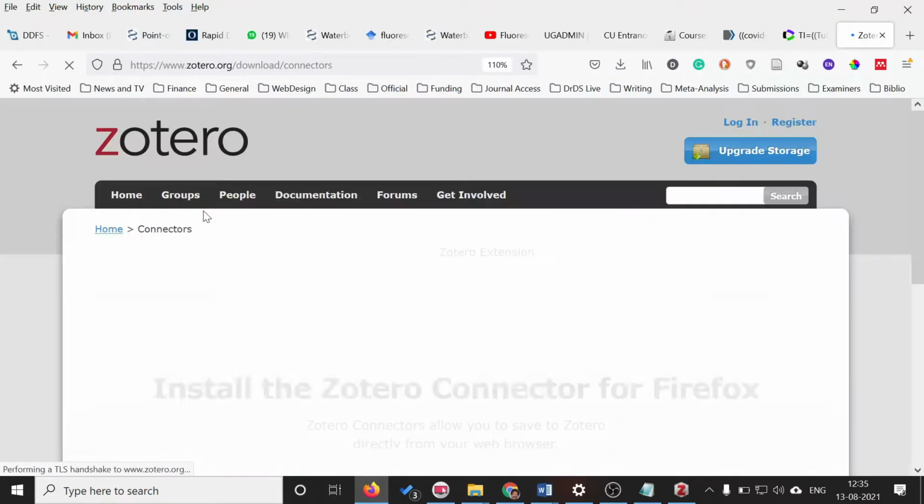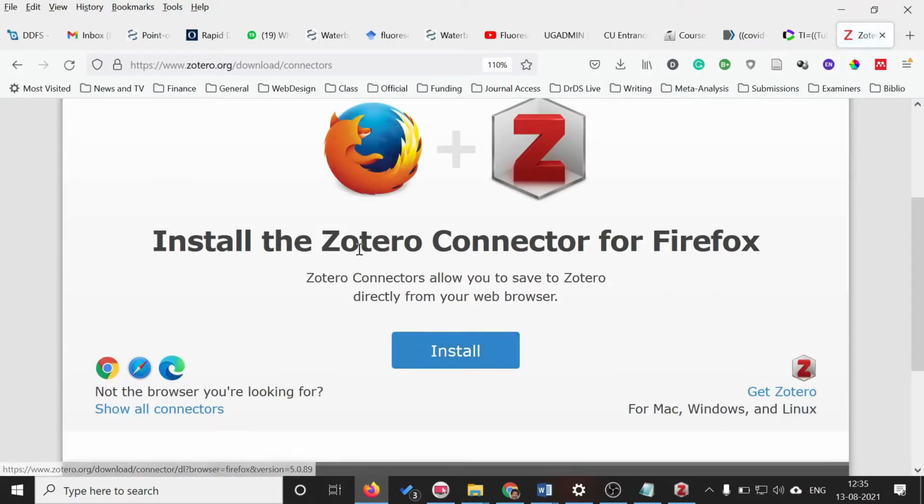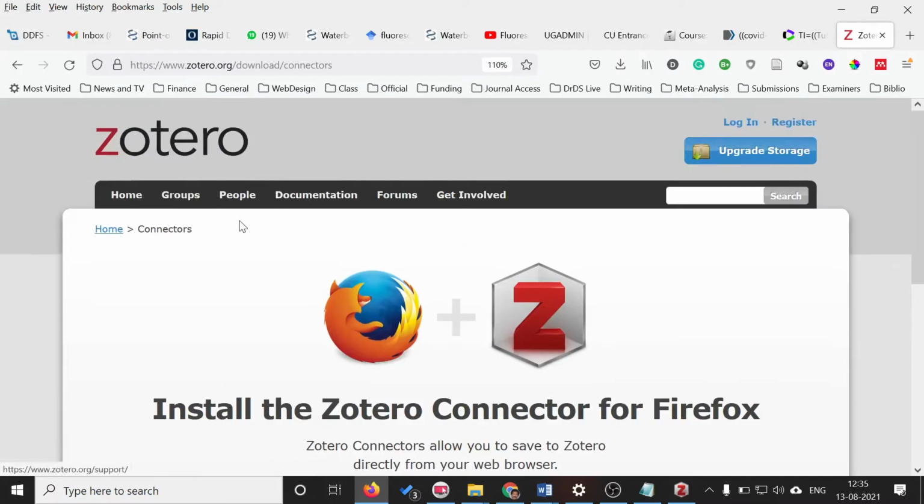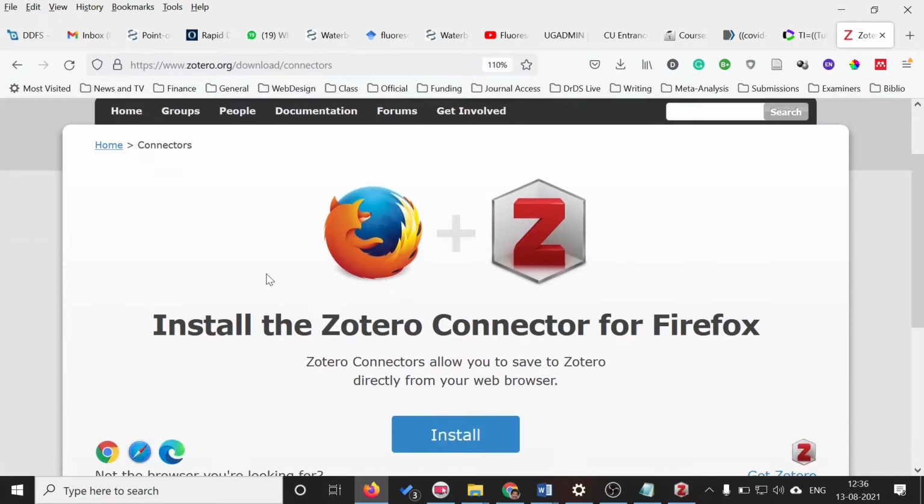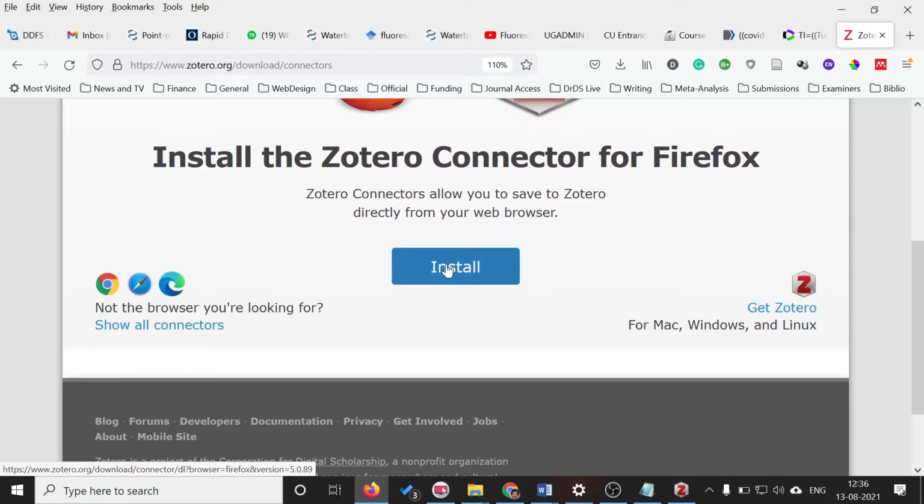You can search for the Zotero Firefox connector, and if you install this plugin to Firefox, you will have this icon here.